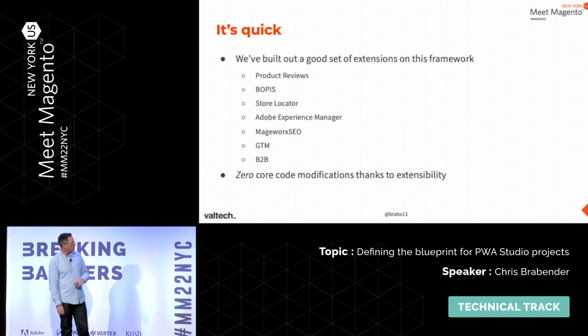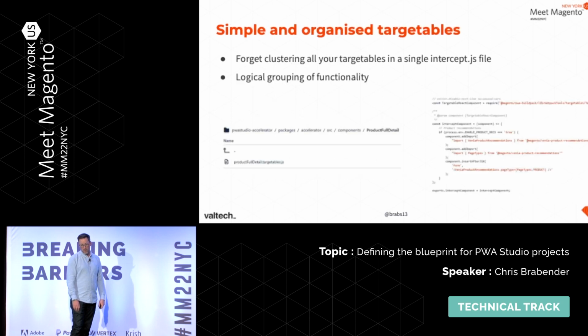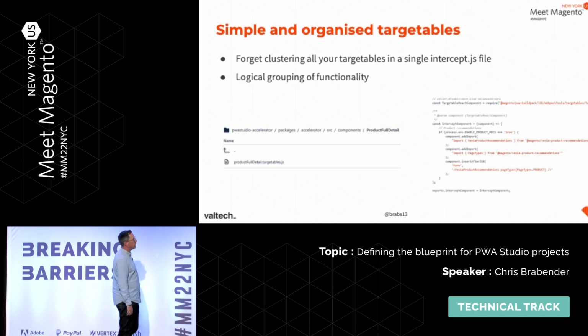So we inject reviews and BOPUS onto product pages. We put the store locator into the site header without any code modifications to core. The one way we would do this is through a simple and organized approach to targetables. So we don't cluster all of our targetables in a single intercept file anymore. We're able to create a product